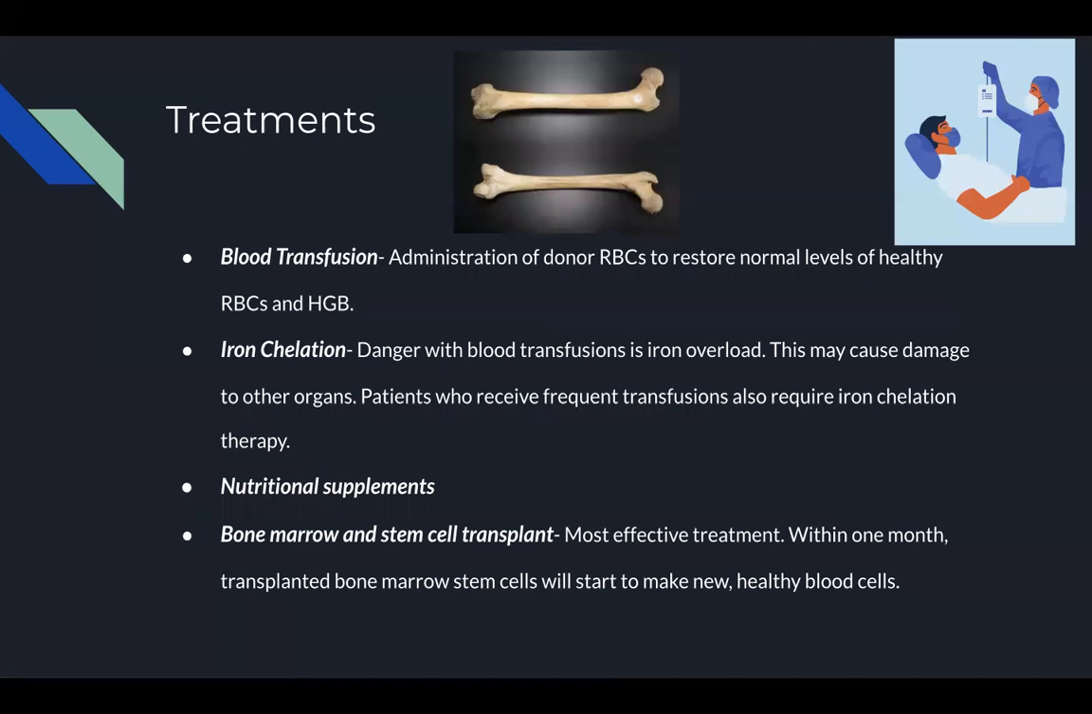So occasional transfusions may be needed, for instance, during times of infection for hemoglobin H disease or beta thalassemia intermediate. In iron chelation, they remove the excess iron from the body. It's a danger in blood transfusions, as they can cause iron overload, which may in turn cause damage to other organs. Because of this, patients who receive frequent transfusions also require iron chelation therapy, which can be given in a